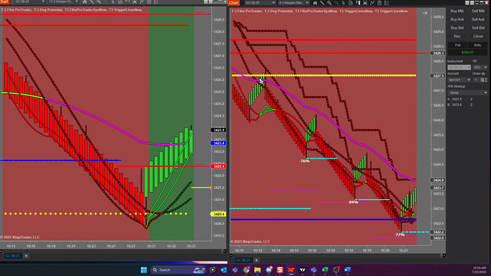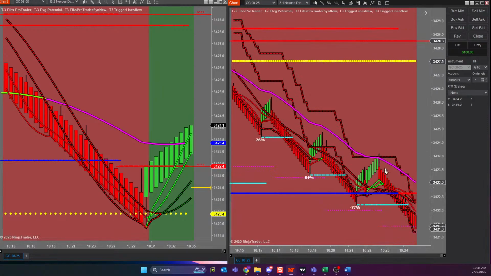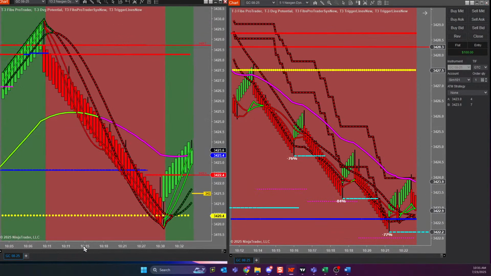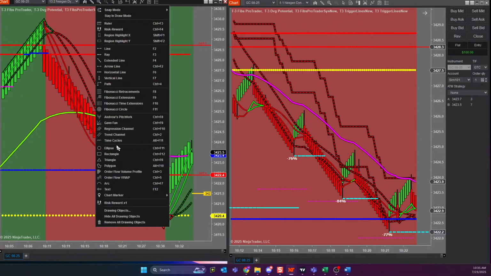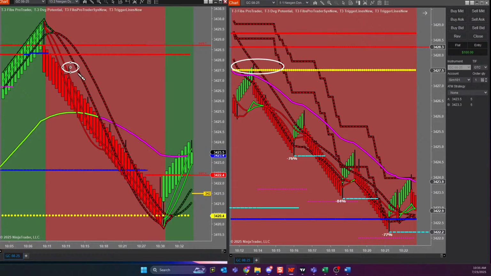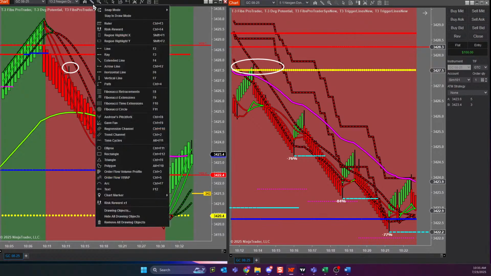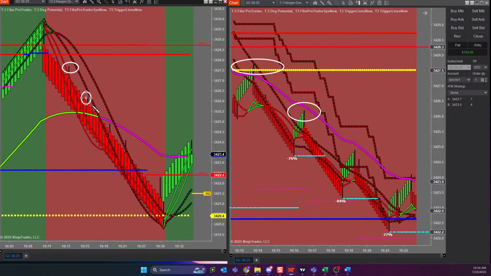So many opportunities on the way down, though. Did you catch any of these? Because easy one, easy one, easy one, and then that one just decided to go. The easiest money you'll ever make. Trading away from areas. Trading to areas, and you probably weren't watching at the time, right? And that's okay.